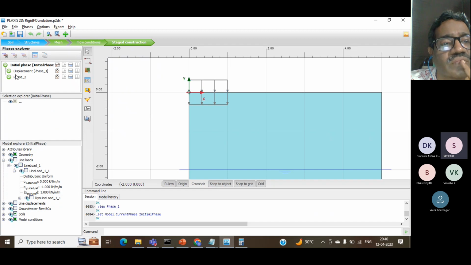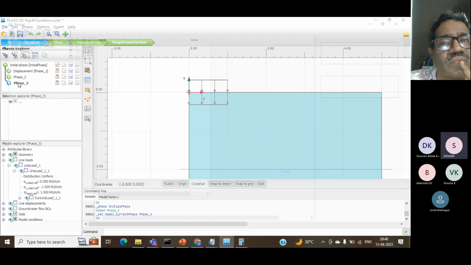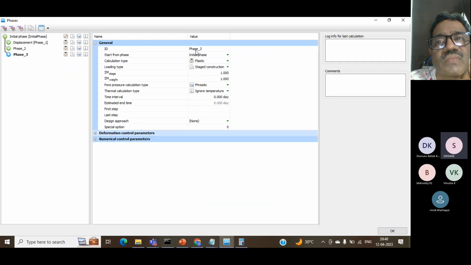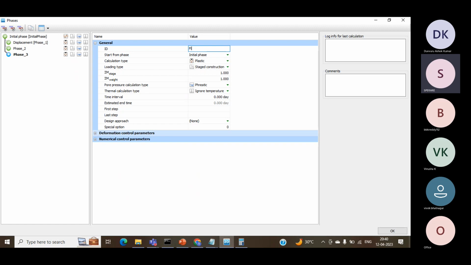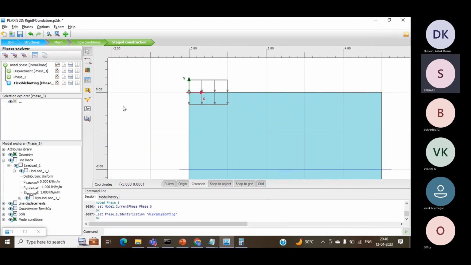So now I would like to create one more footing, and this particular footing I would like to call a flexible footing. Now, when the flexible footing is coming, one more thing, guys. Before getting into the flexible footing, I would like to tell you that